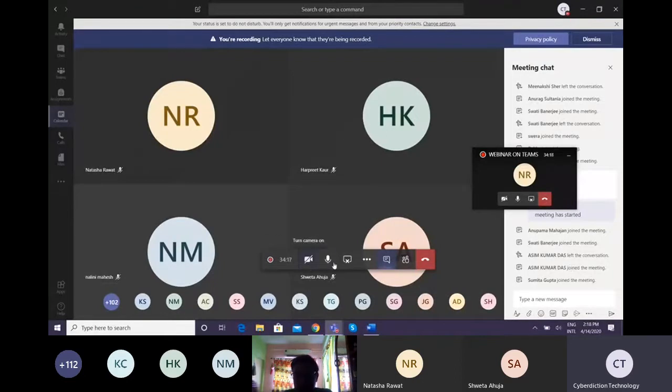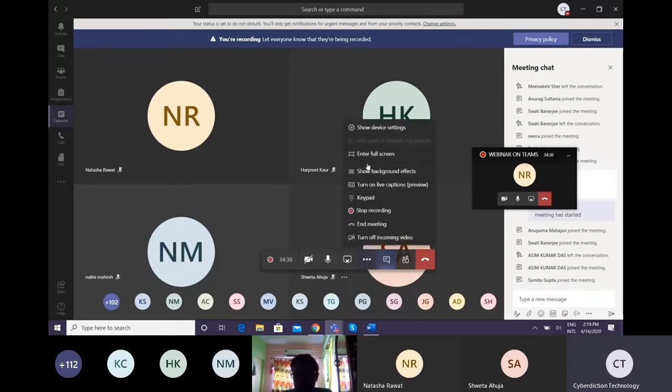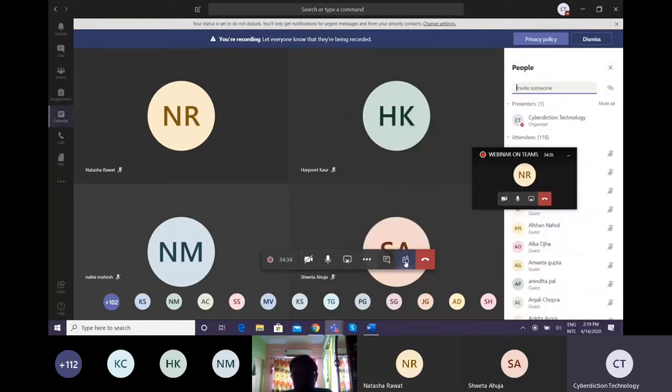Okay. Now, yes, these are the main options which we have basically shown to you. The camera on, the mic, as well as the full control of the sharing, being a host. That is totally dependent upon you. And in between, if you want to give control to anyone, that also you can do. And these are the actions basically that we have already gone through. This is the conversation window, and these are the participants. Okay. So from here we have a mute all option. So at one go, if you want to mute each and every participant, you can do that.